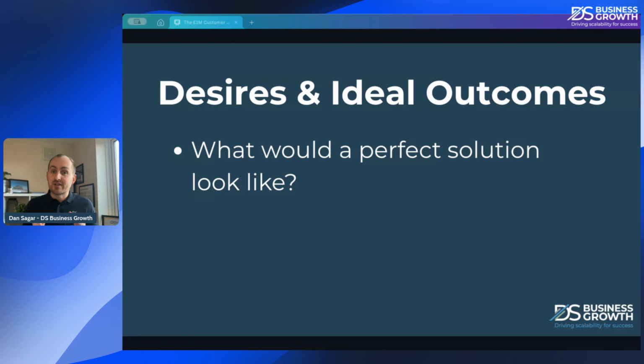What does a perfect solution look like to our ideal prospects? If all their dreams are solved, what does it look like? And a good way to look at this is, what would the best in the world do? So there are a number of businesses that use this mantra and use this way of thinking. What would the best company in this world, in this space, do? What is that perfect solution?